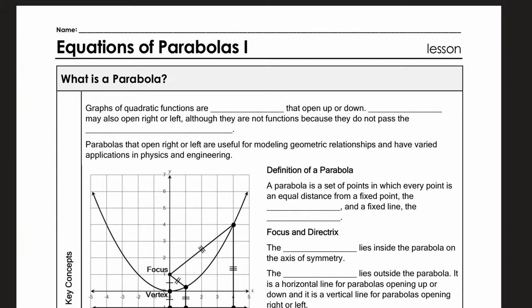What I'll be talking about today is conic sections, vertex, and also the focus and directrix. So I'll be giving some of these vocabulary words. It says graphs of quadratic functions are, go ahead and fill it in, parabolas